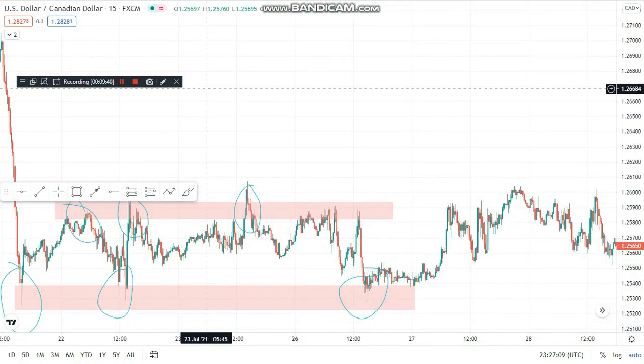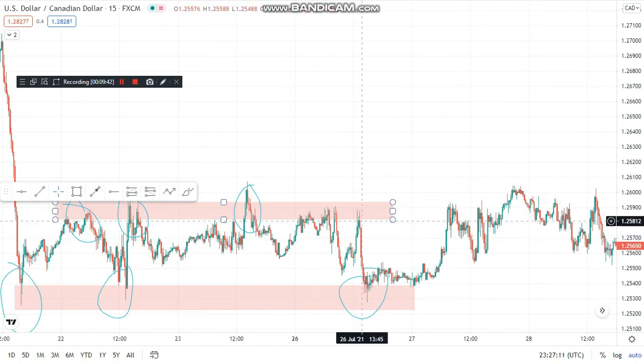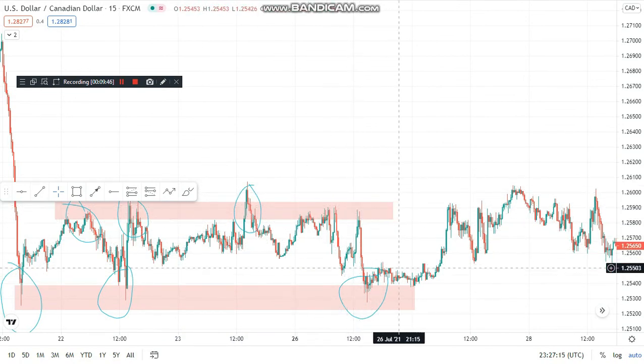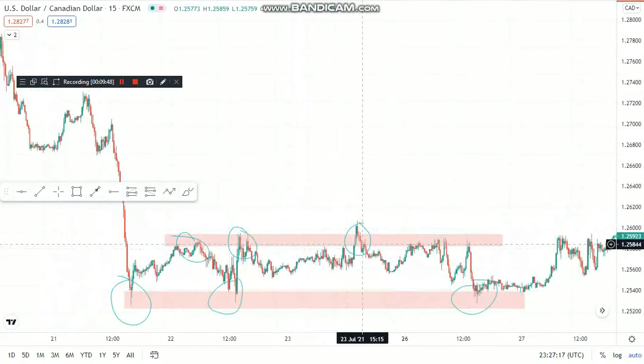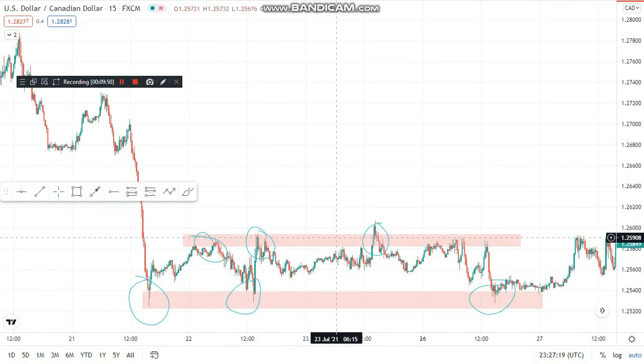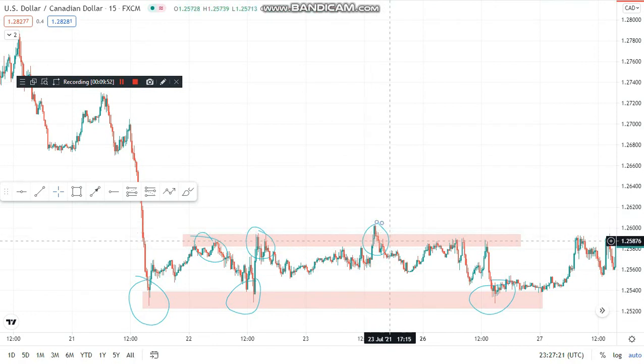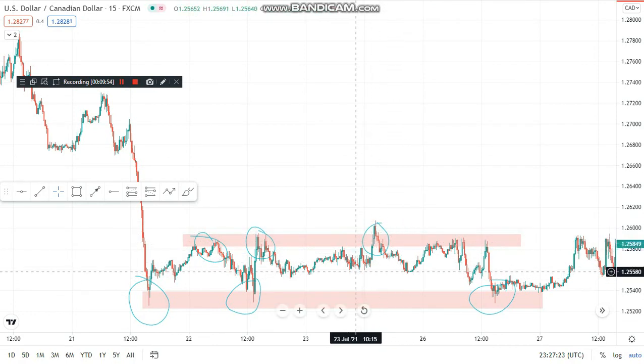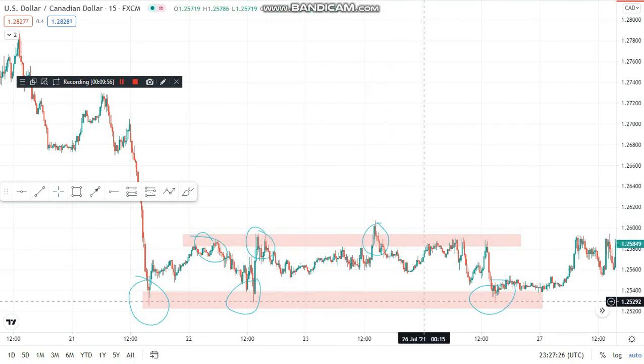Whenever you are taking your profits, you have to target the next support or the next swing high or swing low, as the case may be. For instance, if you are selling here, you have to target the next swing low or the next support. So this is the